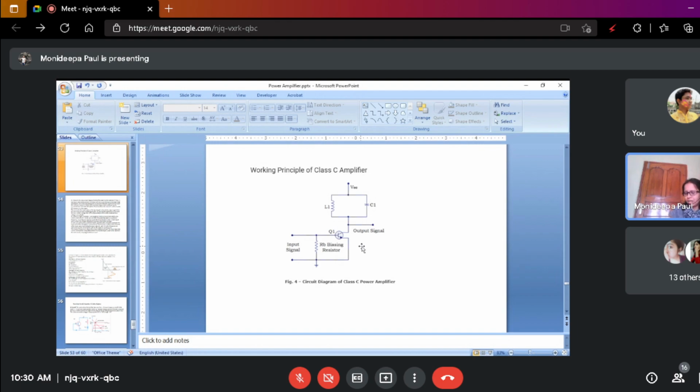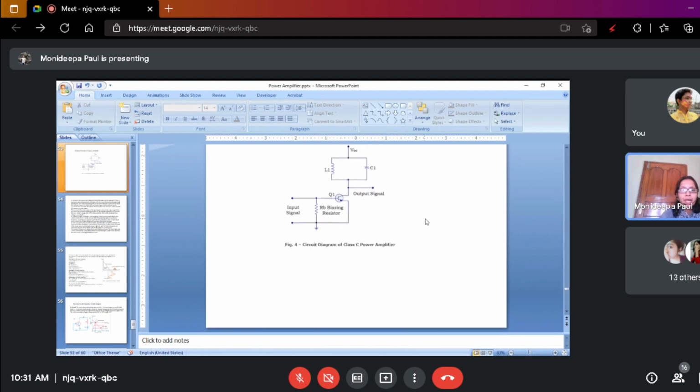I think in the first semester or first year, resonance is not completed. If you have time, you can go through the resonance part of the AC circuit. Then you can understand what the resonant frequency is and how we can achieve the resonant condition. Then you can get a little bit of idea regarding the tuned circuit. By adjusting the value of inductance and capacitance, we assign a particular frequency level, and these frequency signals will pass through the output circuit.